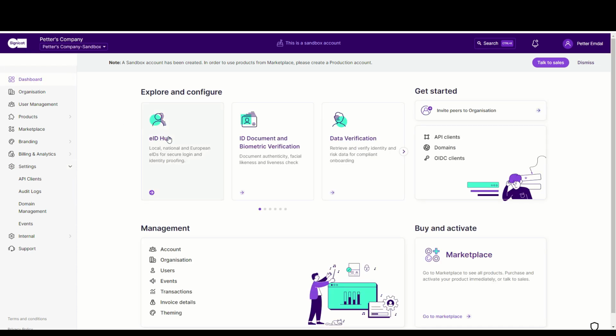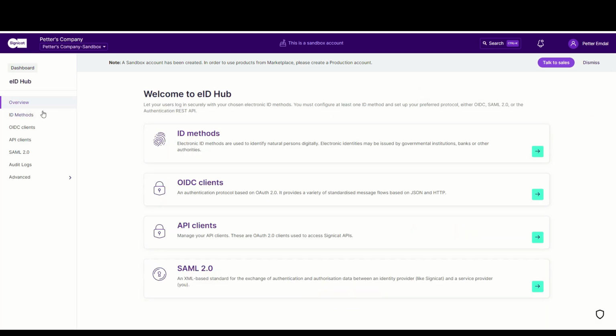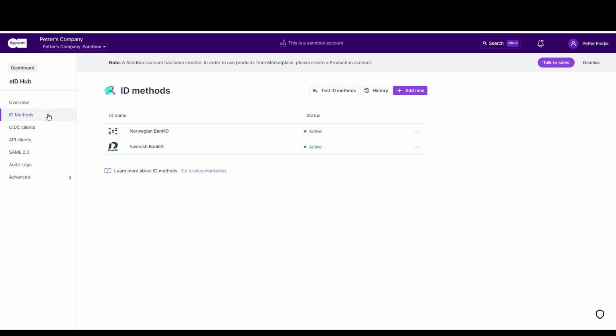The second part is you need an ID method. You'll also need to set up an electronic identification method, such as NVID or SBID. In our Sandbox environment, you're able to set up whatever method you would like to, and something that's worth mentioning is that when testing in Sandbox, for some identification methods, you'll need to set up a test user. In the description of this video, we have attached some links to create test users for both NVID, SBID, and MIT-ID. After making sure these two components are configured, you're ready to create your API client.